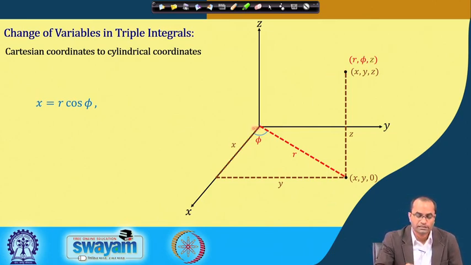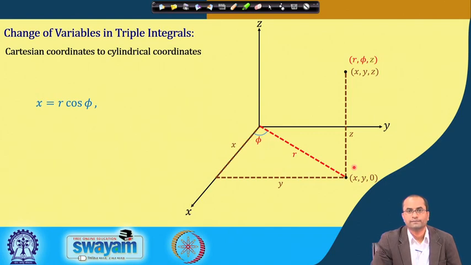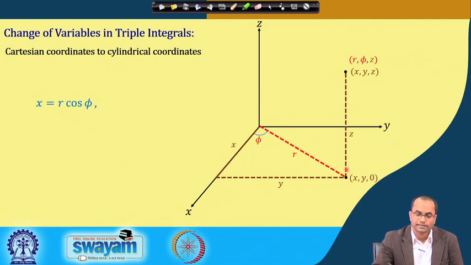So, basically in the x y plane we are representing by the polar coordinate. R is the distance to this point and phi is the angle from this x axis, and this z here is the same as given in the Cartesian coordinate. So, there is no change in the z, and this x y simply they are given by this r phi, and that is nothing but the polar coordinate in this x y plane.